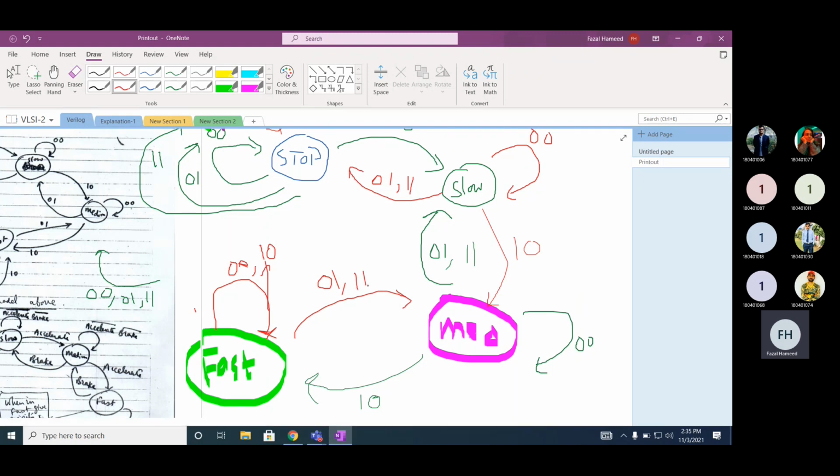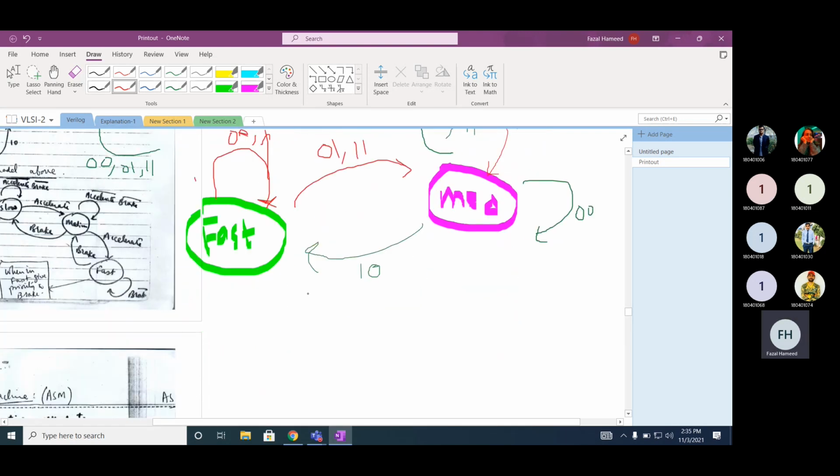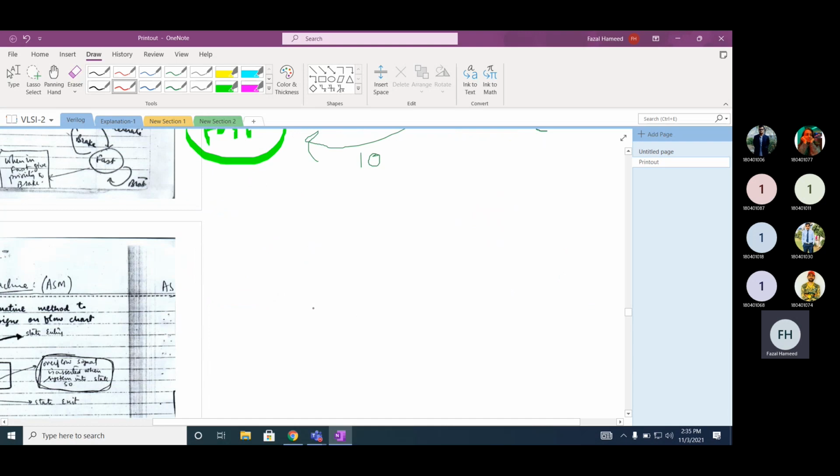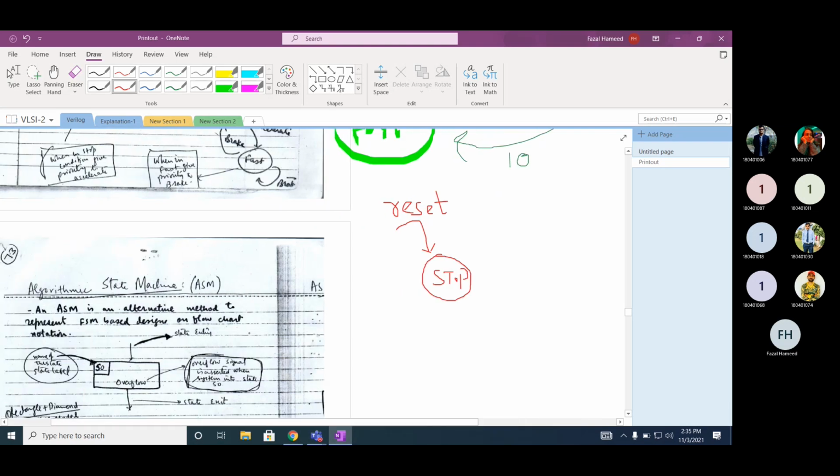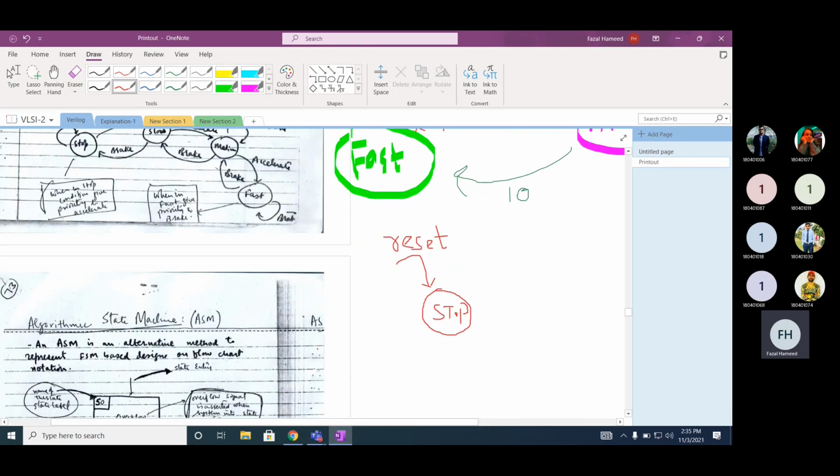So now this is the representation of this finite state machine. It is in binary representation, but we can have a more efficient, more human readable expression of the same finite state machine. Let's assume the system is in reset, so it will be initialized to the state stop.